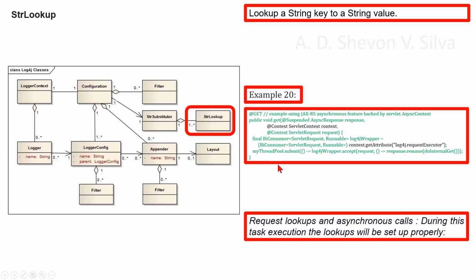Now we are considering request lookups and asynchronous calls. During this task execution, the lookups will be set up properly. Servlet 3 supports asynchronous calls. By default, the request tracking and therefore request related lookups will not work. To make it work, you can extract the server context attribute